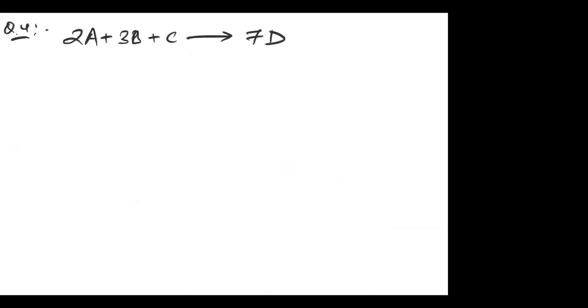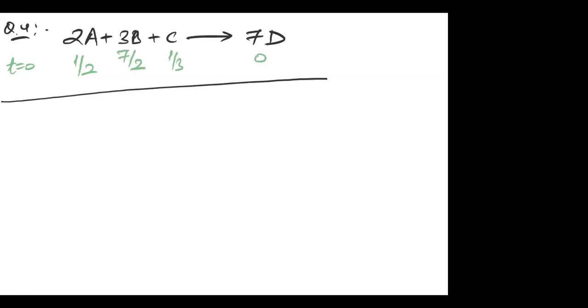And initially, let's say at T equal to 0, the moles of A is given as half mole. The moles of C is given as, let's say, 1/3 moles. The moles of B is given as, let's say, 7/2 moles. D is initially 0. So if we have to find the limiting reagent,